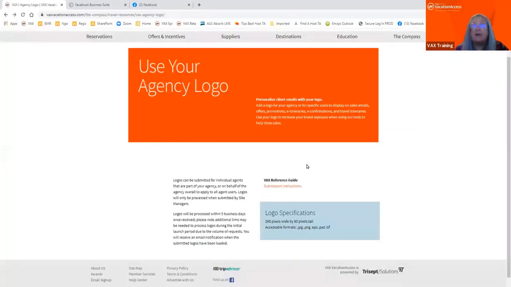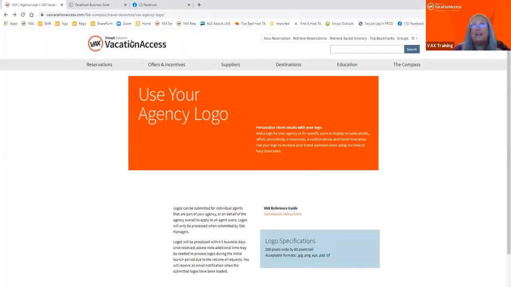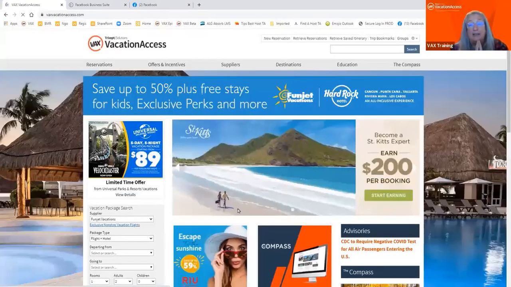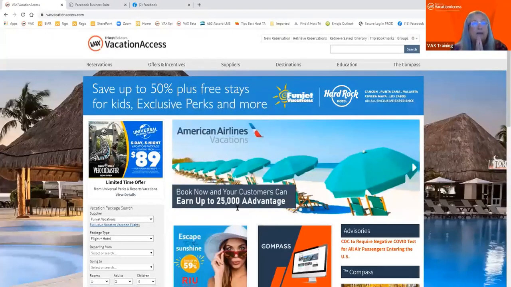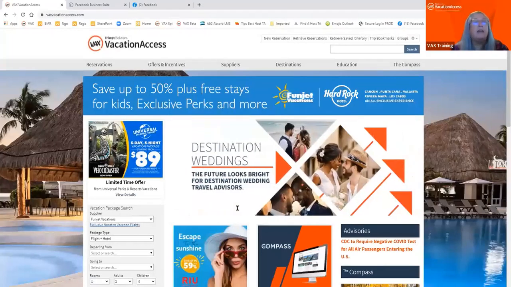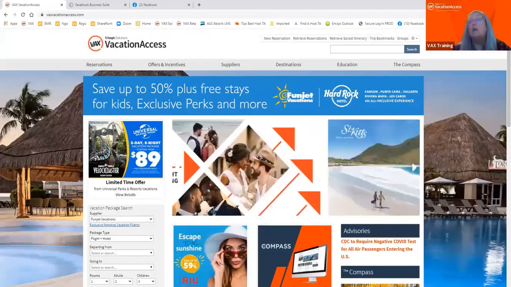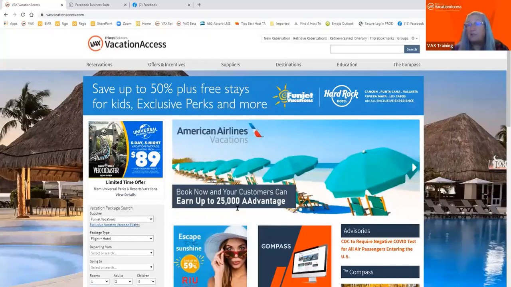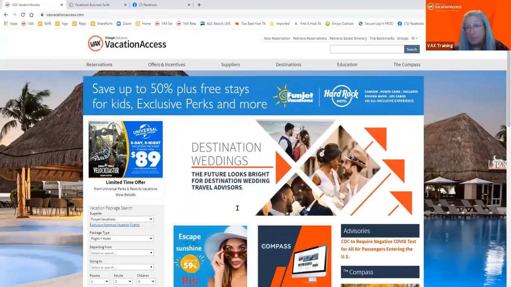And then the last thing I wanted to do is tell you a very exciting, surprising thing: now when you are sending your hotel itinerary and confirmation emails, your hotel and feature profiles that are on those emails will appear just like they do with a sales email. That's a new thing. It's been out for a little bit, but I want to make sure everybody knows that, because that is something that advisors have been asking for quite some time.